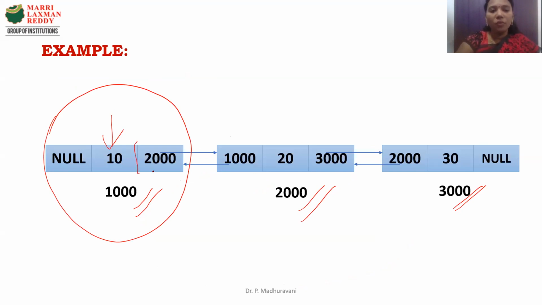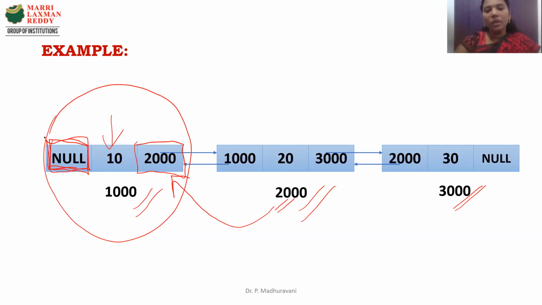Coming to the next field, which holds the address of the next node: as this first node has a next node further in the list, you need to store the address of the second node in the next field. Whereas coming to the previous field, you need to make sure this must be null,